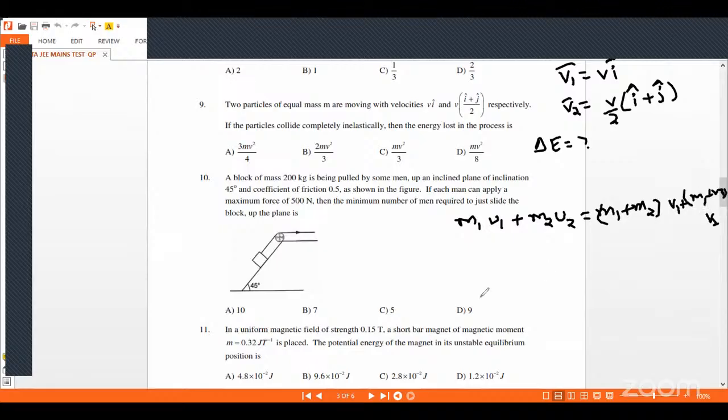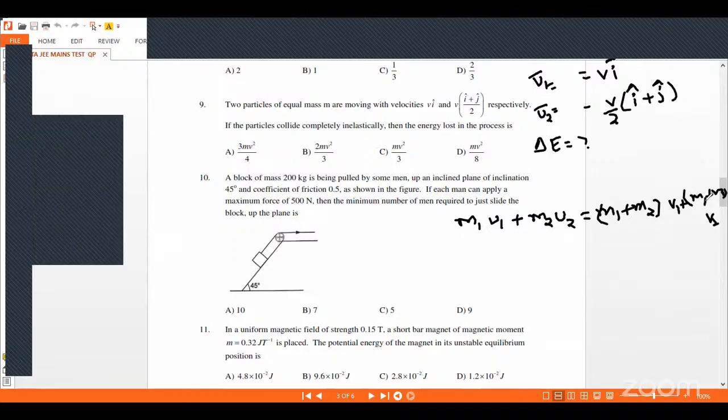Initially, the two particles have initial velocities, V1 bar and V2 bar. So upon solving, since both have equal masses,